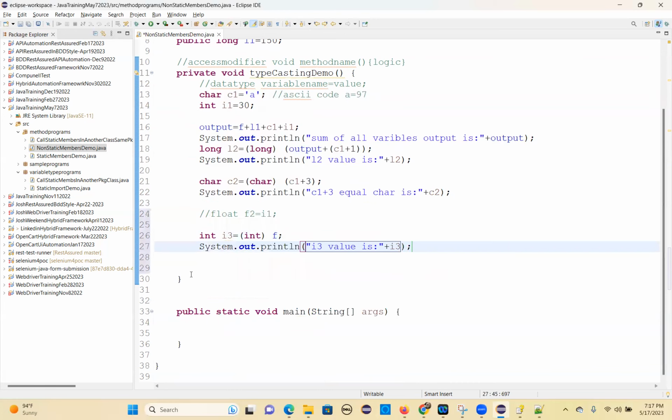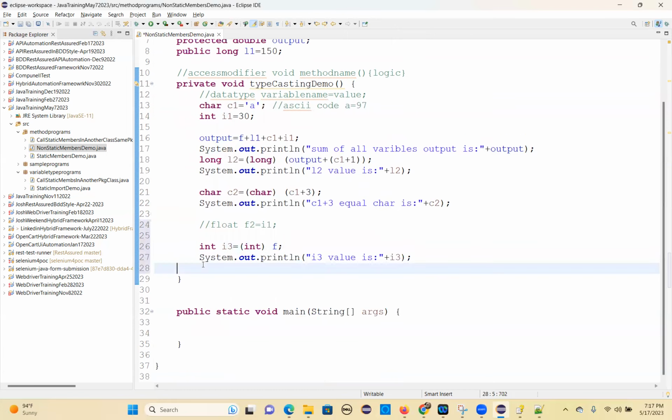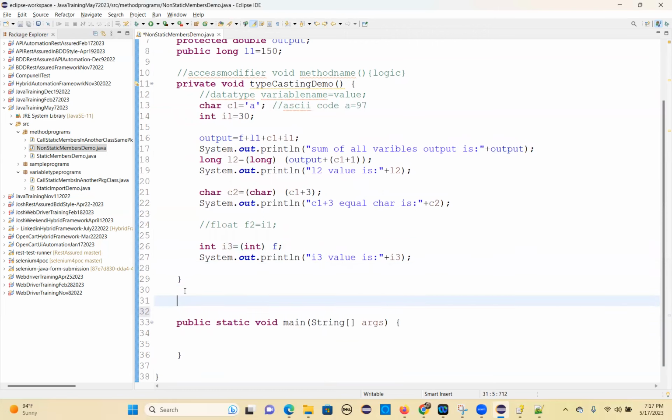That's it. I don't want to drag more. These are some of the things I just covered here. You practice more. Okay, so you practice more. Next method. So access modifier,